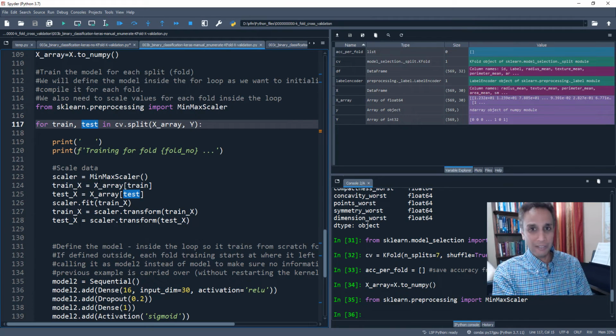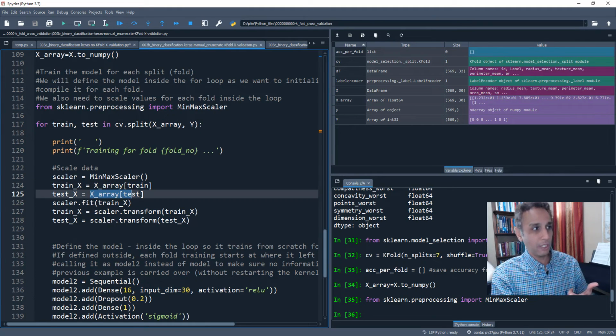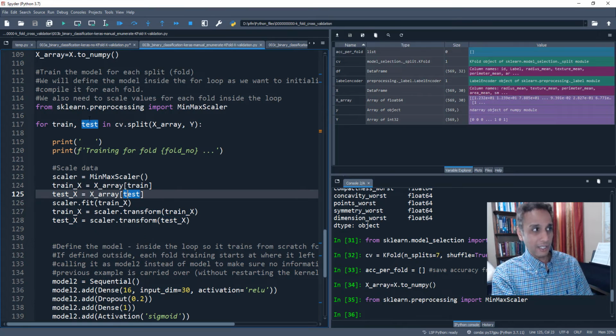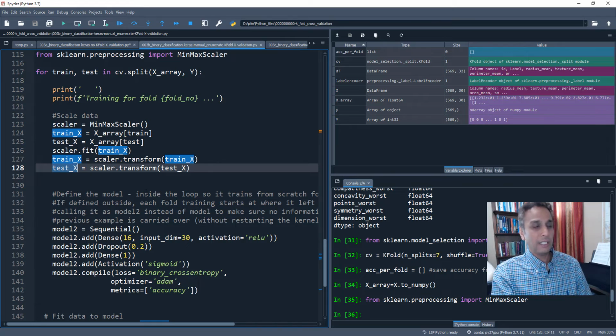First things first, we are scaling the values, and we are going to scale train x. You see the train right there. This is nothing but the train indices. So we'll get all the x values corresponding to the training and all the x values corresponding to the testing, and we are going to fit the scaler and transform on both test and train. So now you have your train x and test x data sets, not just the indices. The train x and test x are the data sets, and train and test there are indices. So once you get your train x data set and test x data set,